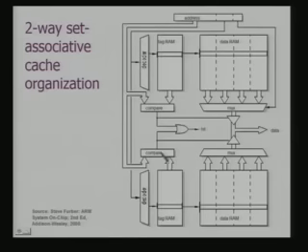So, I do the comparison. There are two comparator blocks. Depending on the output of the comparison, I enable the corresponding output of the multiplexer. One of them will have the data. The control signal for this multiplexer effectively comes from the result of this comparison. So, this is how a two-way set associative cache is implemented. Obviously, your miss rate in this case is expected to be much less.